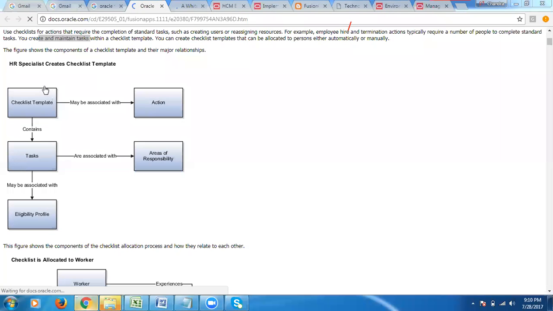Okay, so here we can see the checklist template is used for actions. Checklist template contains the tasks and it is associated with who is eligible. Like last time when we were creating the eligibility profile, we saw the checklist, right? That is what we are trying to understand now.